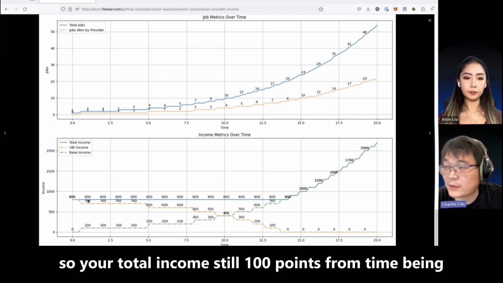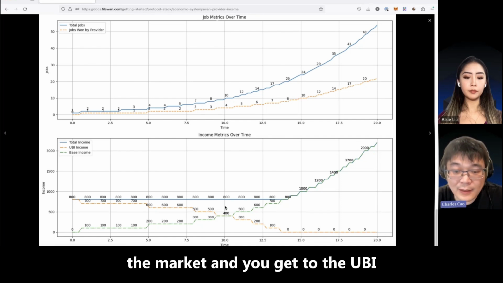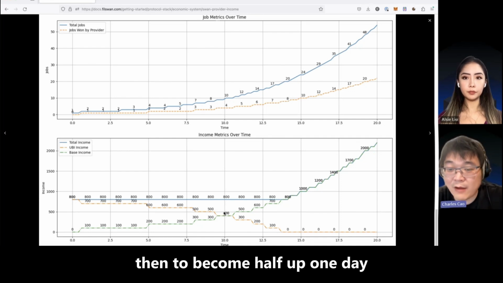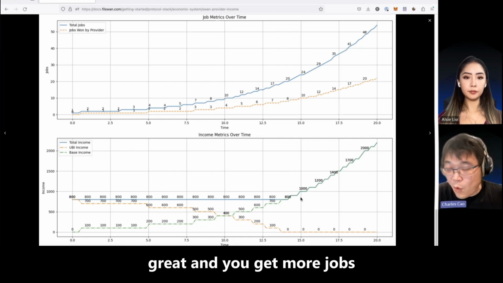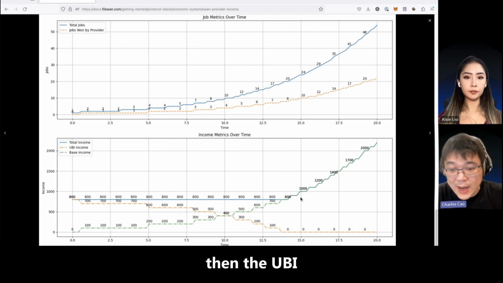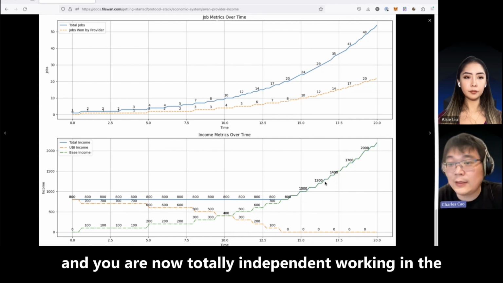So your total income is still 800 points. For the time being, ongoing, you get equivalent income from the market and you get the UBI, then it becomes half. One day, when there are a lot of jobs in the market, and because your reputation is good and your performance is extremely great, you get more jobs, then the UBI income will become zero, and you are now totally independent